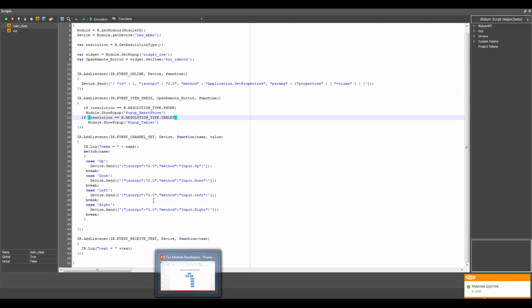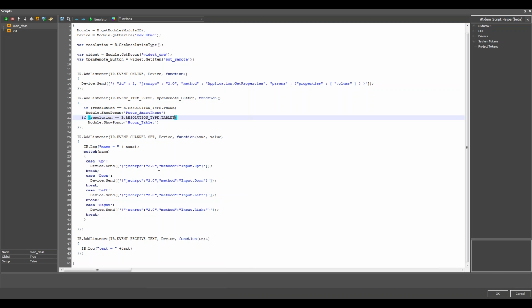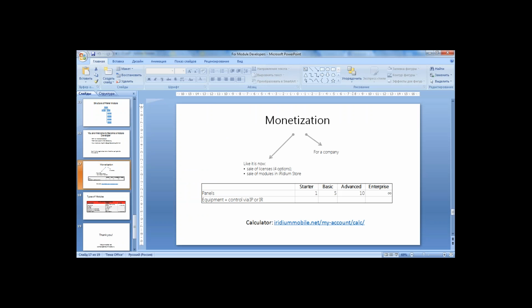Where is my desktop? Second. Camera is here.